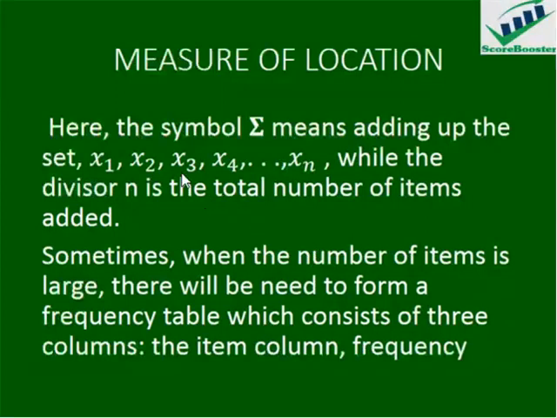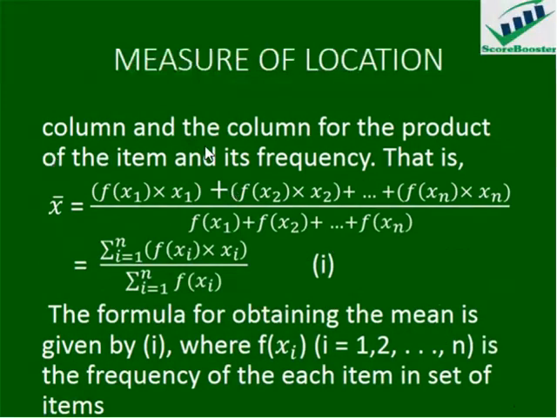So for you to get the total of the items in that set of data, you have to multiply the item by the frequency. If you have x1 thrice, to calculate all the numbers in that set of data, you have to multiply x1 by its frequency, which will now give you 3x1. So you can calculate like that. That is why we have the third column, which is the column for the product of the item and its frequency, for you to know the total of the items in that